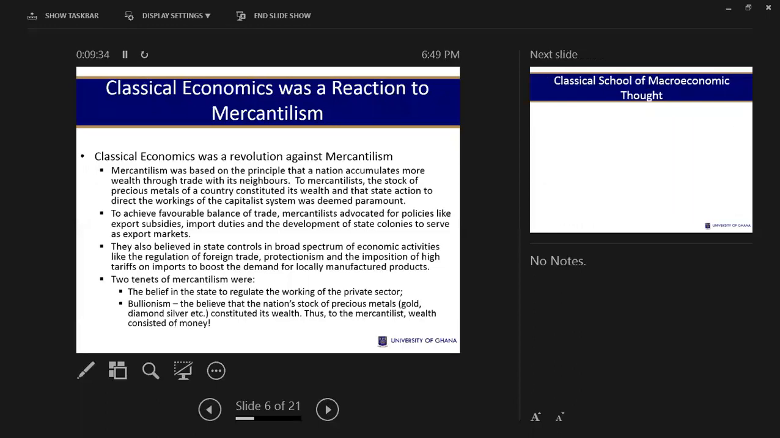So this was their belief that the state was supposed to regulate almost everything. Even the private sector, the state was supposed to control it. And also bullionism, what I was talking about, that the nation's stock of precious metals determined whether the country was wealthy or poor. So if you have more gold or silver, then your country was deemed rich. That is why the UK pound is still strong, because